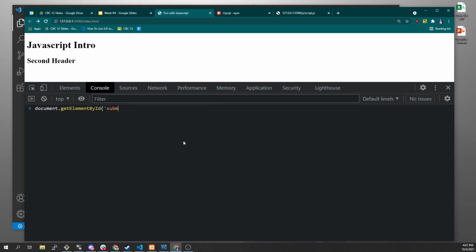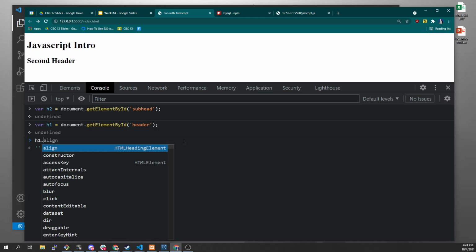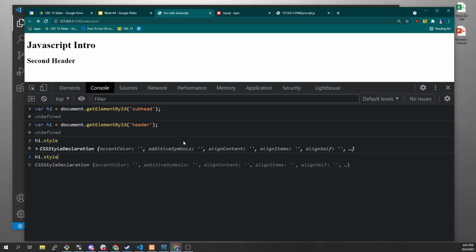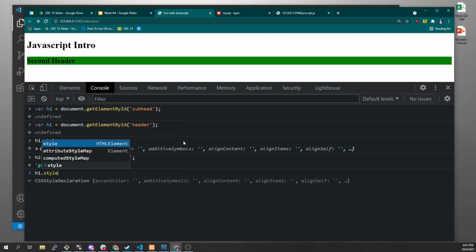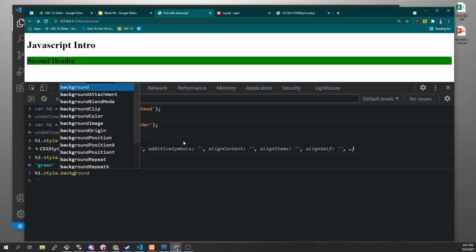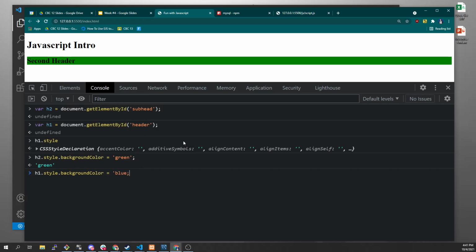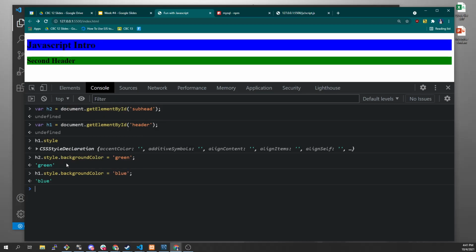document.getElementById subhead. var h2 equals, var h1 equals document.getElementById header, right? h1.style is completely different than h2.style, right? h2.style.backgroundColor equals green. h1.style.backgroundColor equals blue, right? And the cool thing is, as we're updating this information with our JavaScript, right, our page